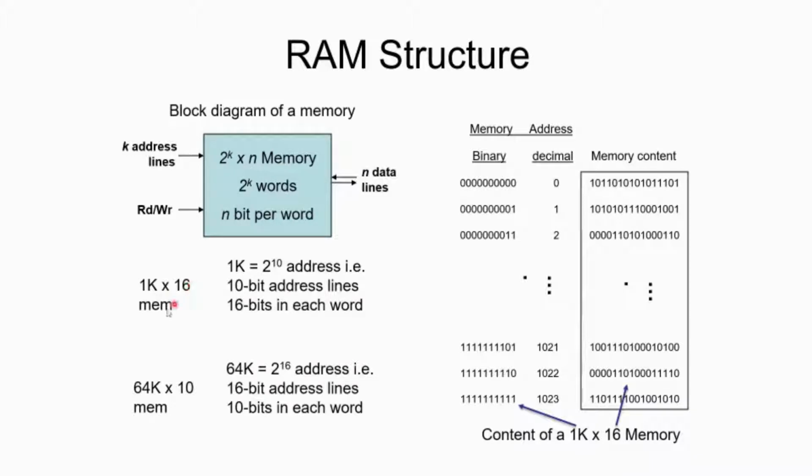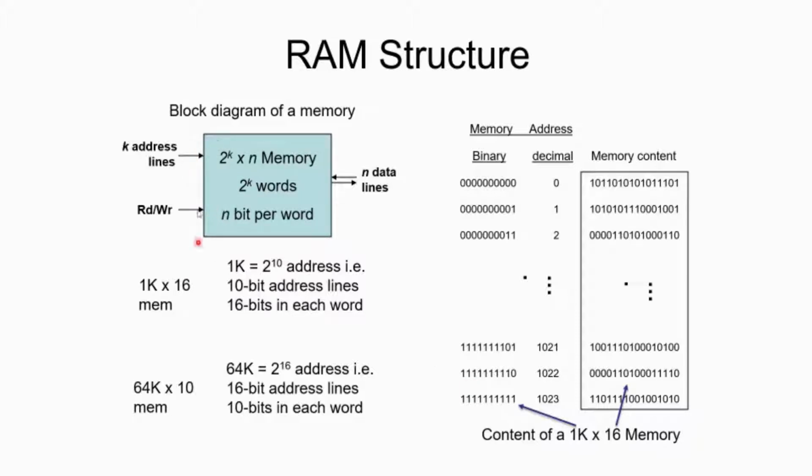So for an example, if I'm going to give, 1k times 16 memory or RAM, that is 16 kilobit RAM. So see that 1k is equal to 2 to the power 10, that is your number of address, that is 1024, as you can see 0 through 1023, in total 1024 address, and the binary data of the address is shown here, okay. Say if you see that in 1023 address this is the word and this is the 16-bit data it contains. And if you want to access this data you need to give input of this value at the address pin. So the address pin is a 10-bit address, you can see that, so you need to give 10-bit address at the address pin